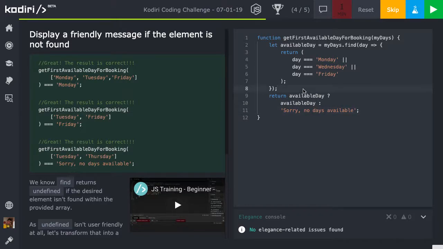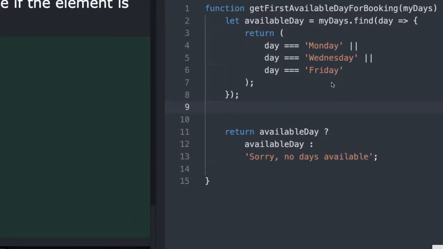Is there any shorter way to do that? Yes, make only one line. Correct. How do we do it in one line? Yes, we can move everything to one line, but I don't want to do that because we'll get a penalty on the elegance. You've never seen that, but that's very powerful. When you do if something, return the same as the condition, you can do that in JavaScript. Return available day, or